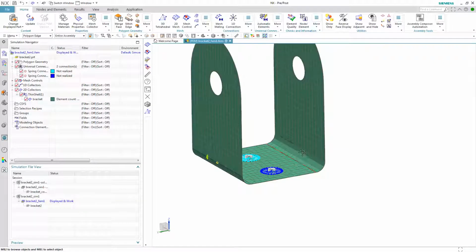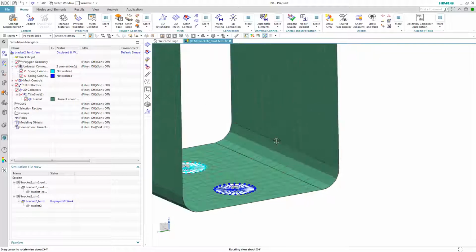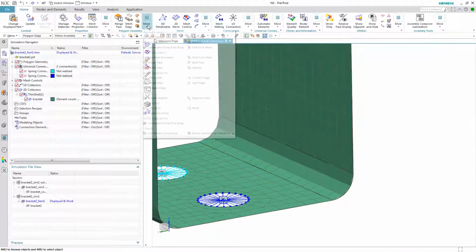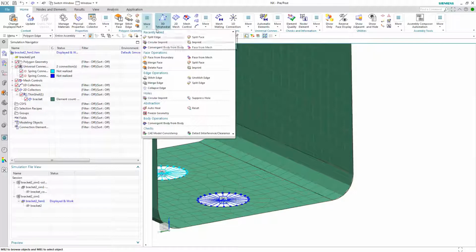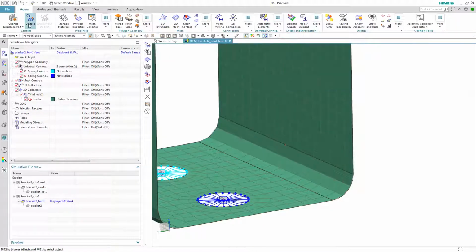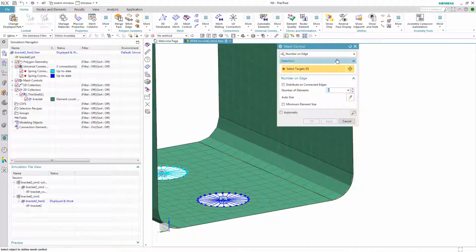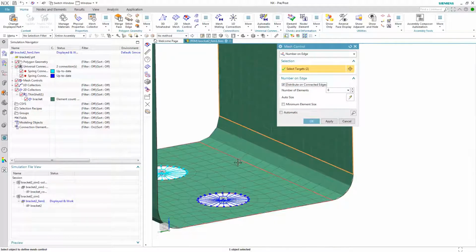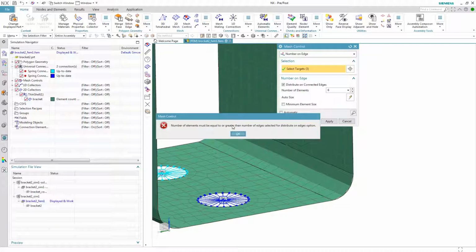I would like to show off some of the mesh controls first. So I'm going to split this edge so that it's two separate edges. I'm just going to split it right in the middle. So now over here we have two separate edges on the top and then just a single edge on the bottom. I can come into my mesh control, and I can do number on edge. And if I check on this distribute on connected edges, now it's going to have 6 elements across both of these faces, even though this is 2 separate edges. So when I say OK,